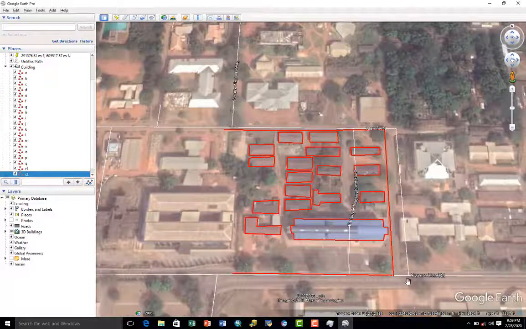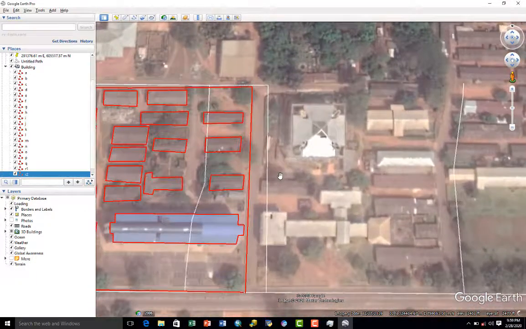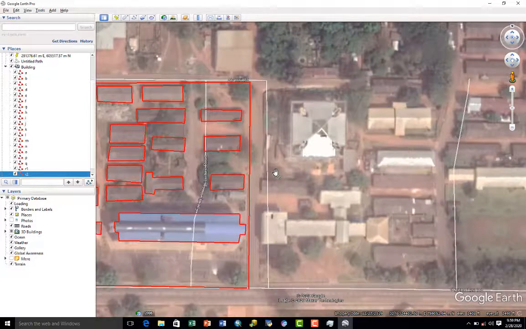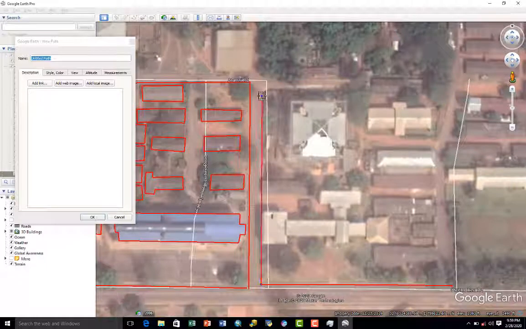Okay. Then you might also wish to demarcate this area differently. Then what you just have to do is go back, press on R, zoom in, press on R so that it's reflecting the imagery. Then click on the hard part. Then start from here, go this way. Just make sure that you follow the track of the road. Then if you do that one, you can just save this one,